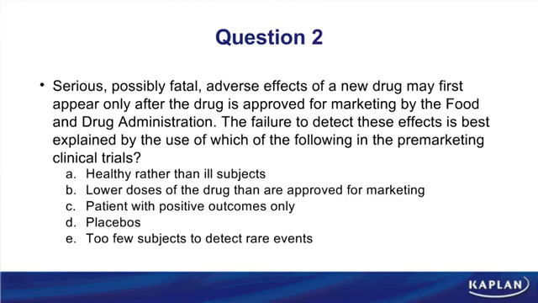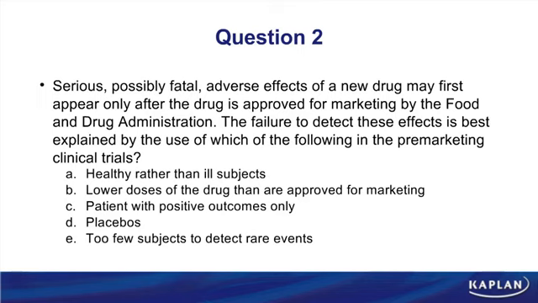Here's our second question. Once again, pause the video. We will discuss. So, serious, possibly fatal adverse effects of a new drug may first appear only after the drug is approved for marketing by the Food and Drug Administration. The failure to detect these effects is best explained by the use of which of the following in the pre-marketing